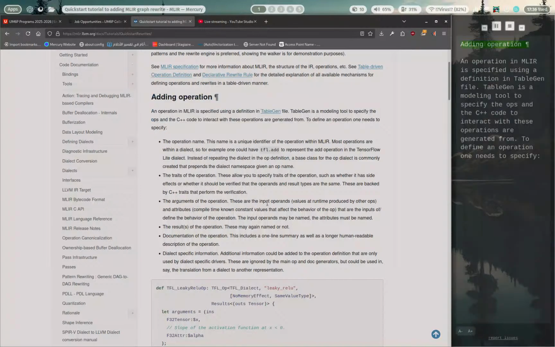Adding operation. An operation in mlir is specified using a definition in TableGen file. TableGen is a modeling tool to specify the ops, and the C++ code to interact with these operations are generated from. To define an operation, one needs to specify